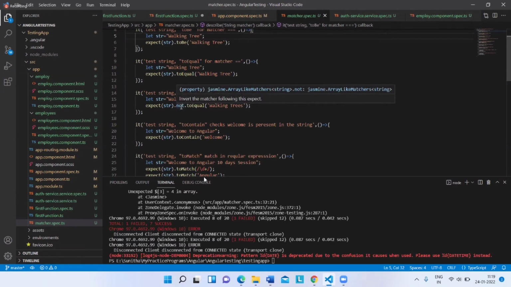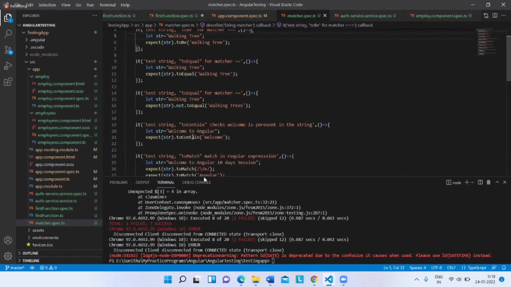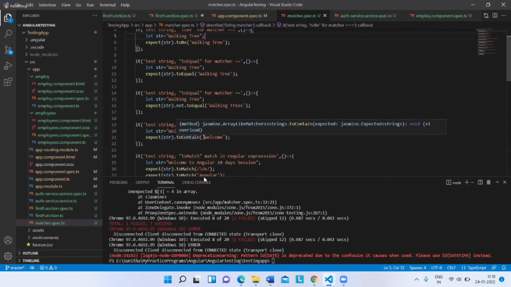Then the next test case I have written uses toContain. Here str is "welcome to Angular". Expect str dot toContain "welcome" means that within this string there should be the word welcome. That is what I'm testing here.